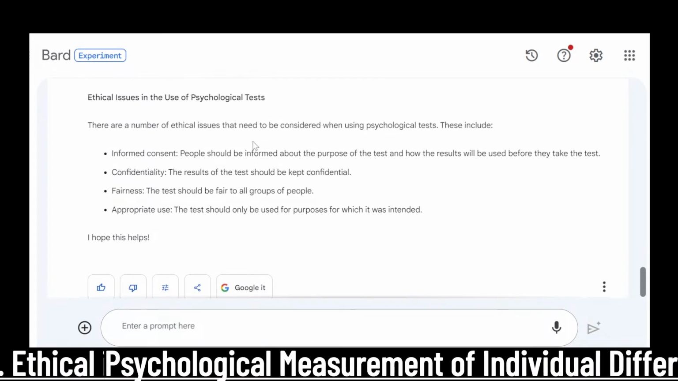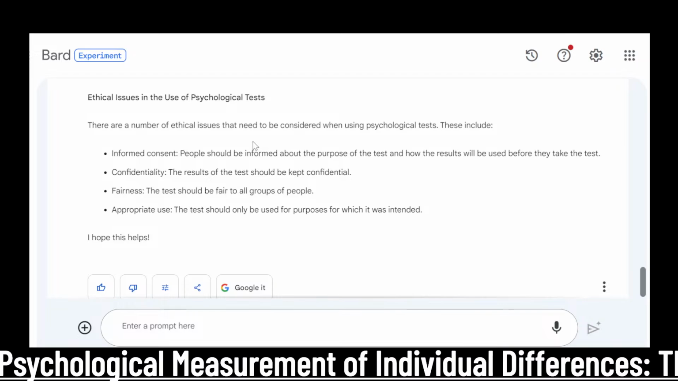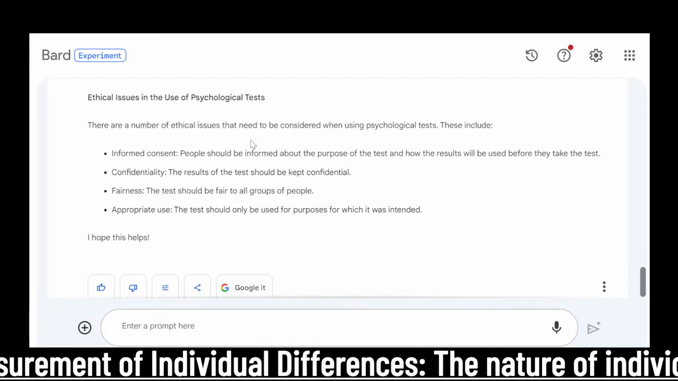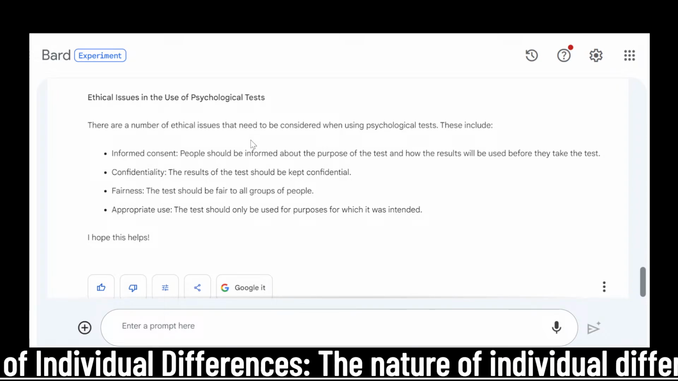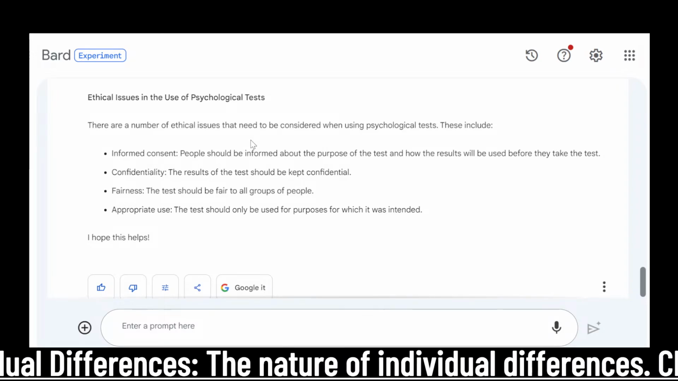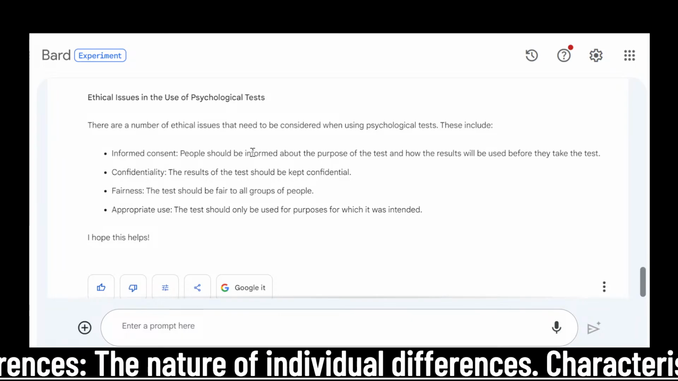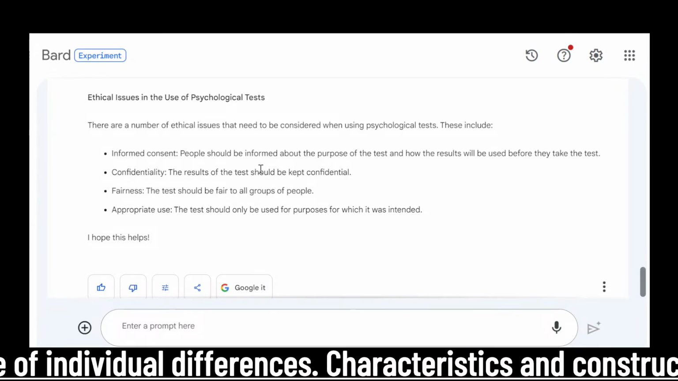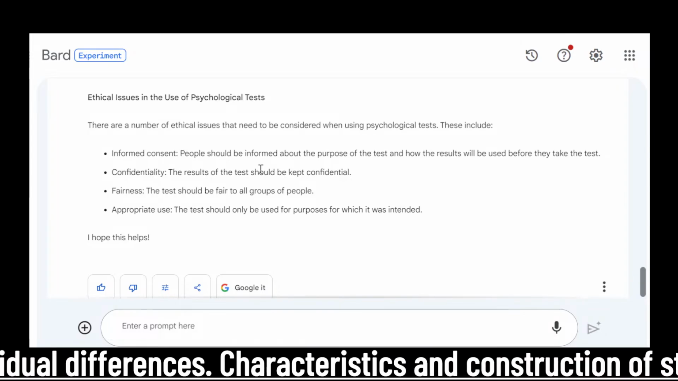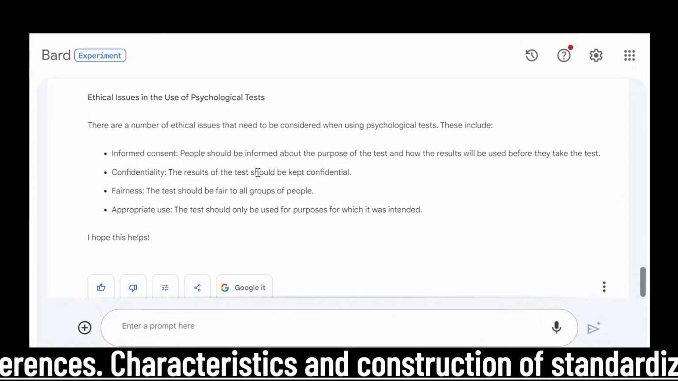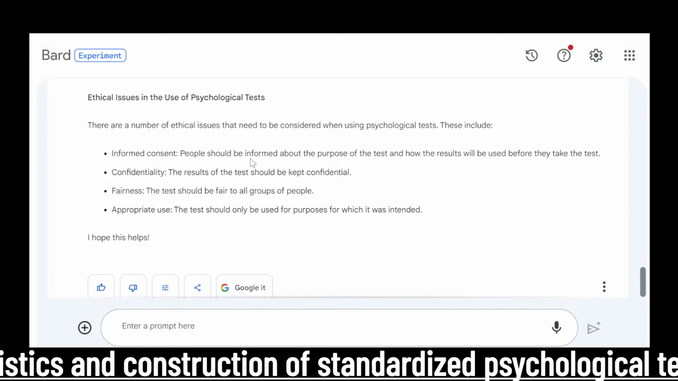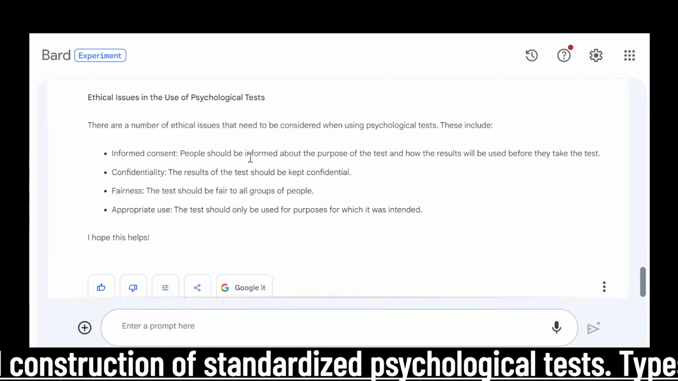Then talking about ethical use of psychological tests. So there are a number of ethical issues. First, there should be informed consent. People should be informed about the purpose of the test, how the test will be used, before the test. Then confidentiality. The results of the test should be kept confidential. Then fairness. The test should be fair to all groups of people. So it should not be that if you are, for example, from a different gender, from a different caste, from a different community,